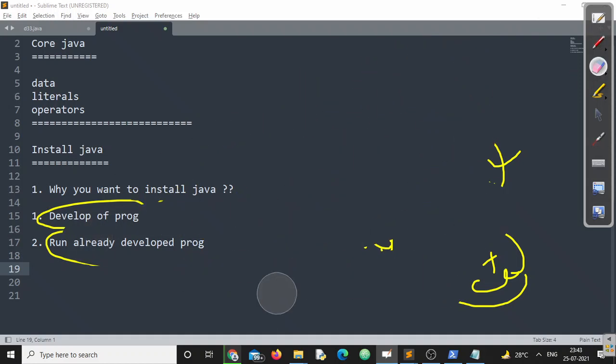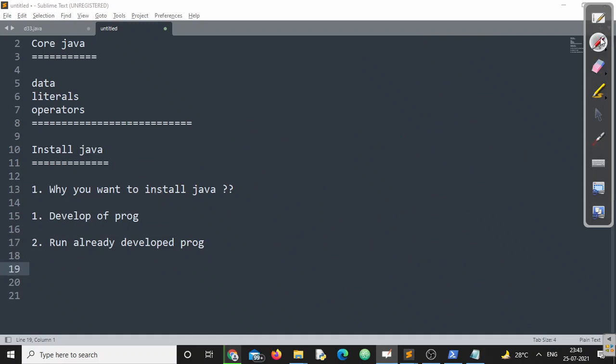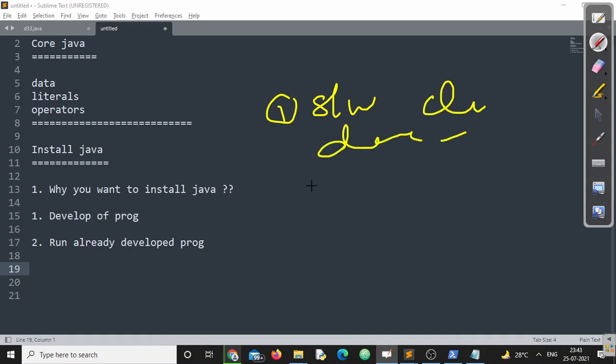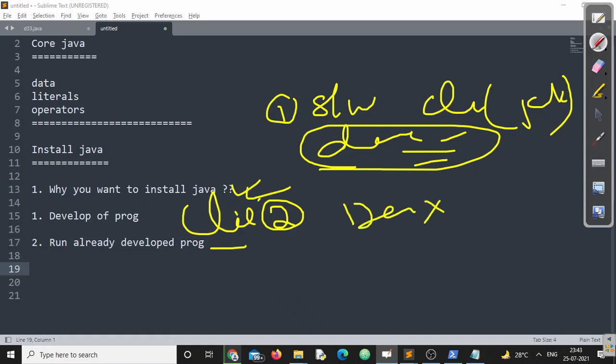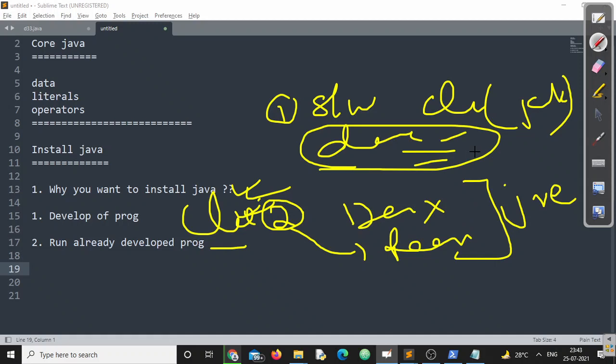You can ask me, sir, when should I go for JRE? Suppose you are creating software for your client. Once you develop that program, definitely you need JDK because you have to develop that program. Once you have developed that program, in your client machine you want to install this Java bytecode. Here, your client is not responsible for development. Development is not the responsibility of the client. The responsibility of the client is to run the program. In order to run the program, you don't need to install JDK. What you should install is JRE. Happily, the compiled code will be executed properly without any problem.